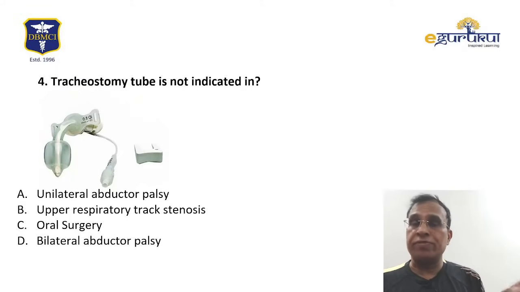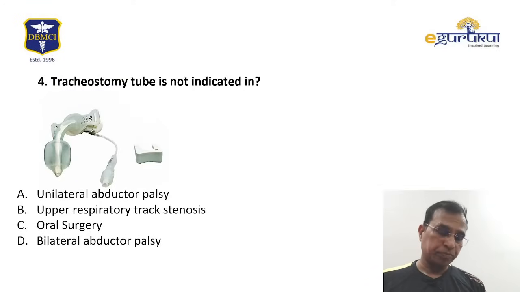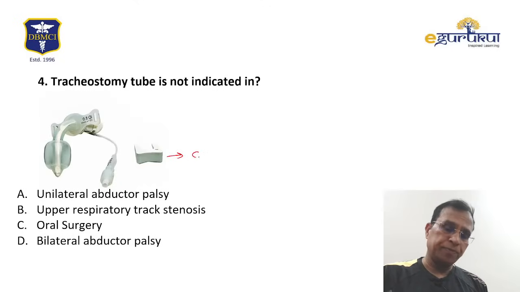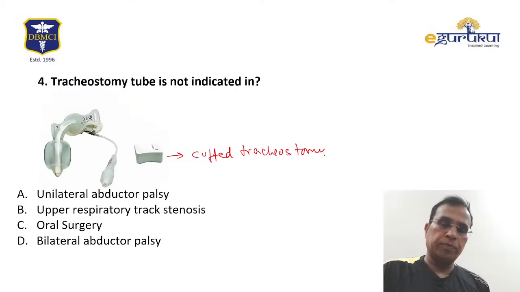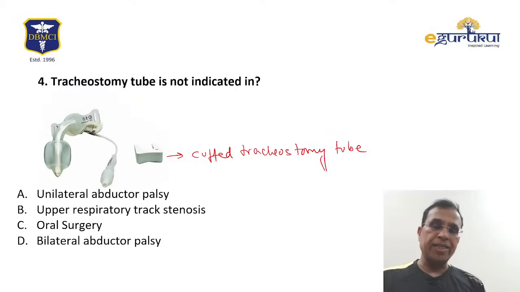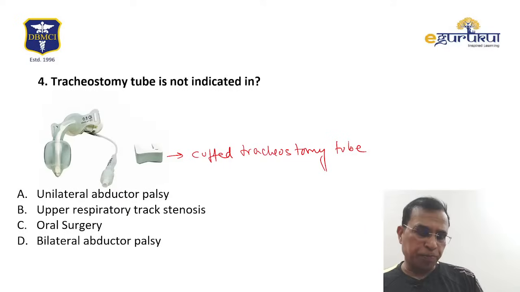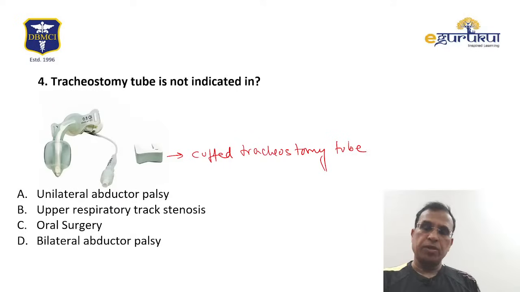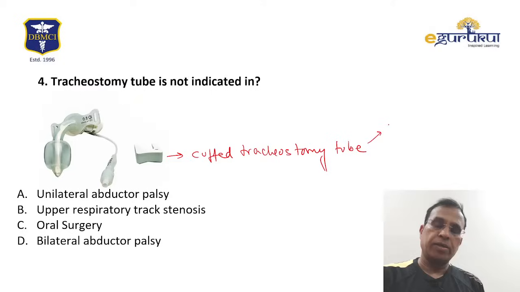One was permanent tracheostomy. The first question we discussed is permanent tracheostomy, that is also related to tracheostomy in a total laryngectomy patient. And this is a proper tracheostomy that is done for any other condition. So this is a cuffed tracheostomy tube. So basically, a cuffed tracheostomy tube is used for 2 situations: for prevention of aspiration,